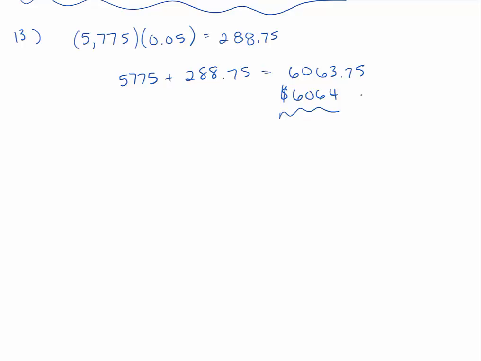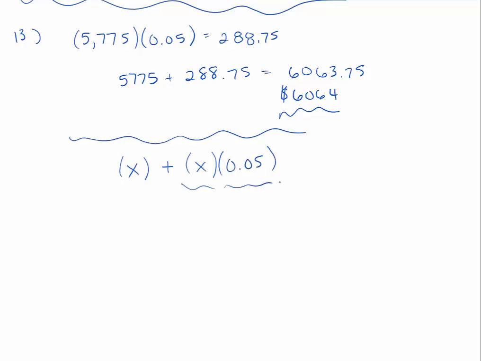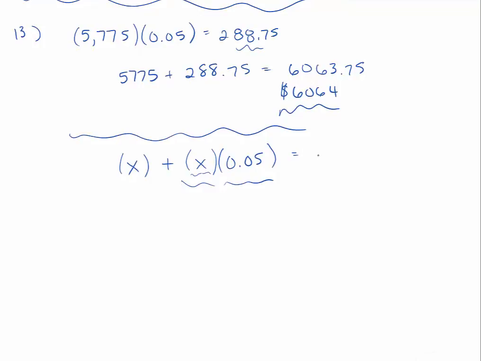And here's why it's bad, because here's how I would set up the second way, how I would do it. Some price of the car, X, I don't know what that is, plus X times 0.05, right? Because what this represents is the taxes. It's 5% of whatever the price is, because if the car is, say, $5,000, it's 5% of that $5,000. That's what the tax is, and that's what we did up here anyway. And if that all equals, let's see,